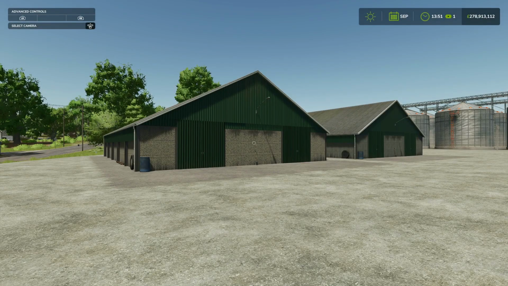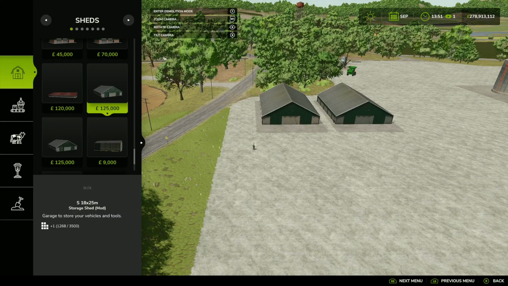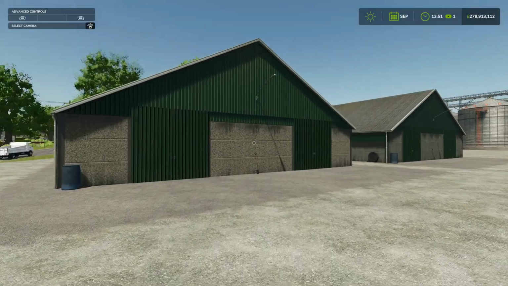So first up is Storage Shed. This is by DMI 20mm Normandy, 5.16 megabyte on the download. And you're going to find both of these, as you can imagine, under sheds. Now, they're both the same-ish. Yeah, they're both going to cost you 125 grand, but the difference between the two is going to be the